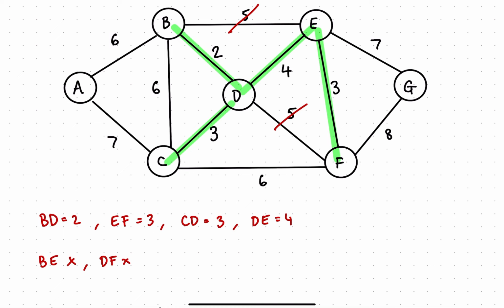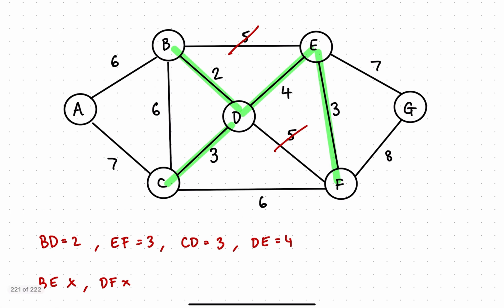After the 5s, the next number through is 6. There are 3 6s in this diagram. Again, some of these are creating loops. For instance, CF creates this loop. Okay, it creates this big old loop here, and BC creates a loop inside here. So I'm not going to select CF or BC. So CF, no, and BC is a no. However, selecting AB does not create a loop, so I'm going to select my AB and say I selected AB,